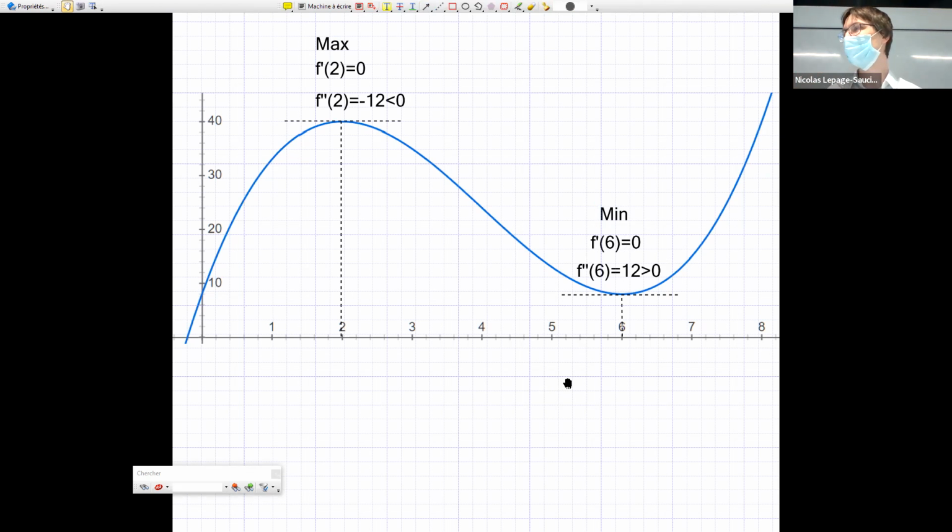Questions about this? So you take the first derivative, you find the zeros, and then you look at these zeros, what is the value of the second derivative, and you know whether you have a maximum or a minimum, or an inflection point. Okay, so